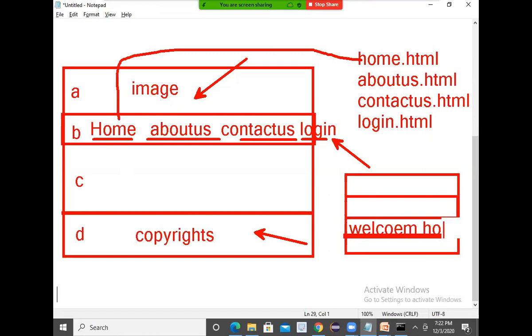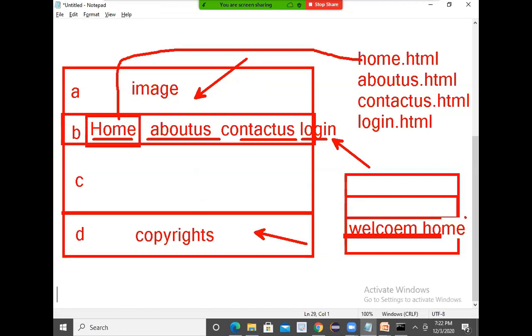So this is the old, traditional application. If you develop in Java or .NET, you have to do it like this repeatedly. The same designing code we have to write in multiple web pages will unnecessarily increase the number of lines of code. That is the problem with multi-page application. And another problem is whenever user interacts with these hyperlinks, the total page will refresh. Page refreshment is one more problem.